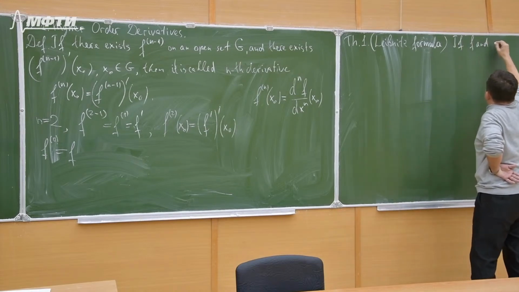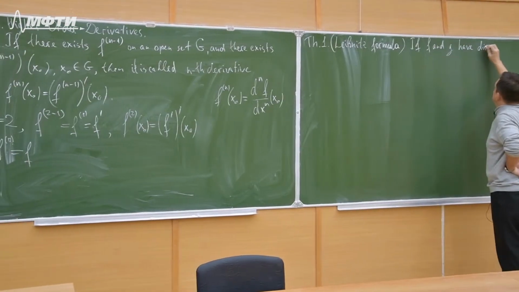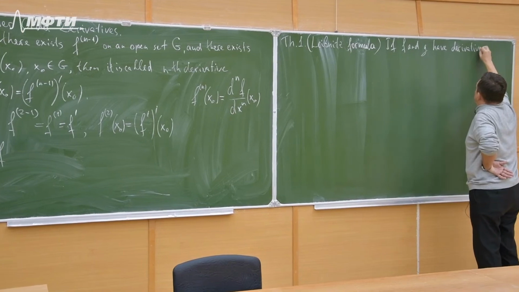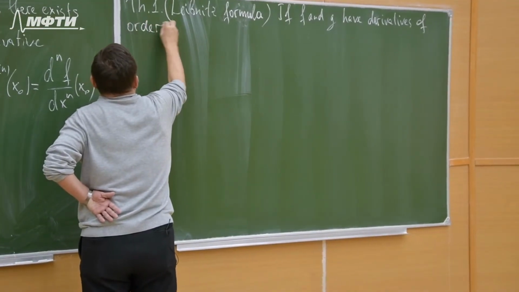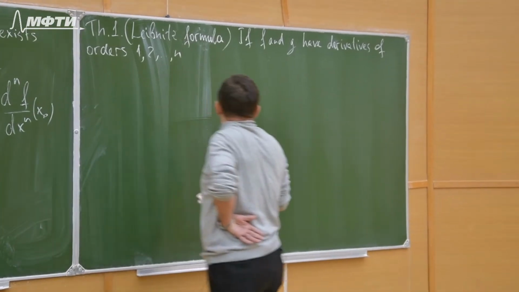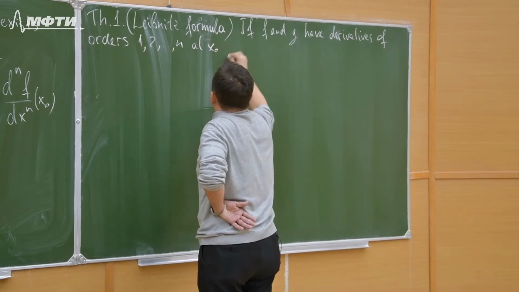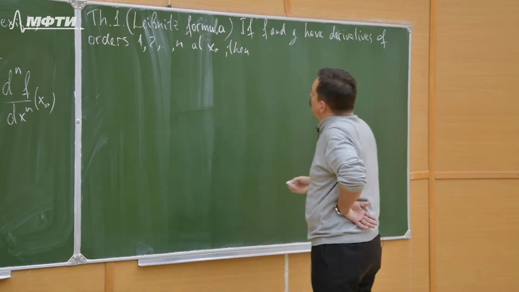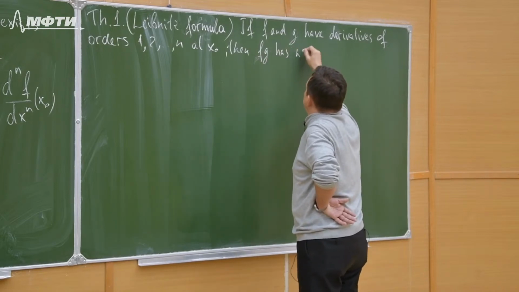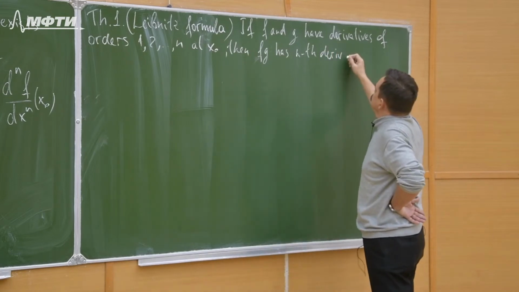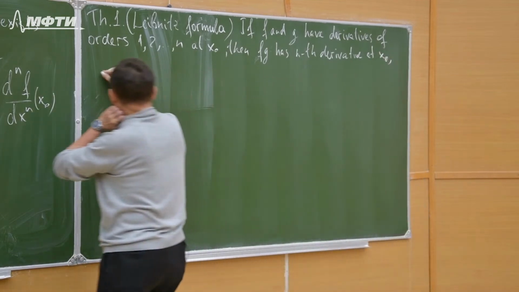So if f and g have derivatives of orders 1, 2, and so on up to n, let's say at x naught, then the product f times g also has the nth derivative at x naught, and the following formula is true,